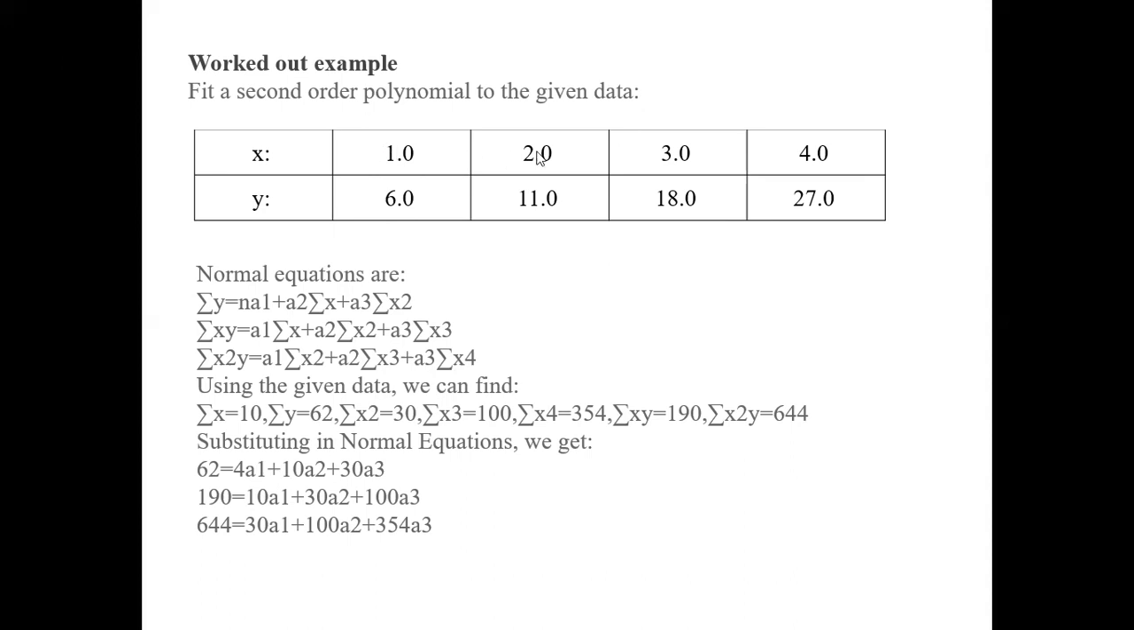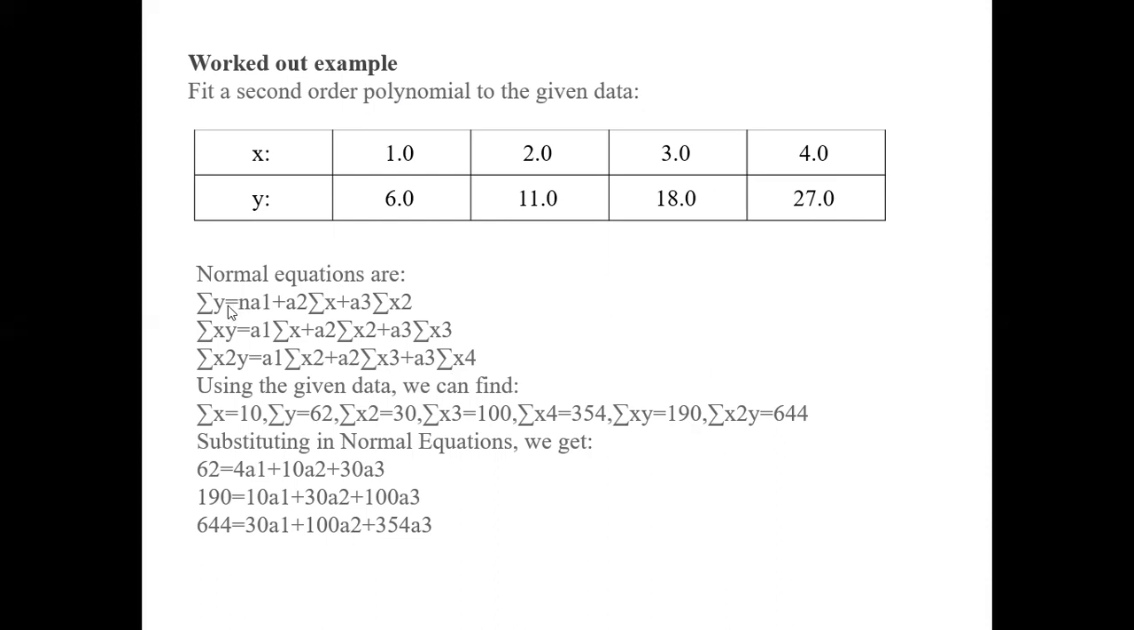Summation of x cube is 1 plus 8 is 9, plus 27 is 36, plus 64, it is 100. Summation of x raised to 4 is 354. Summation of x into y is 6 plus 22 is 28, plus 54 is 82, plus 108, that is 190. And summation of x square into y is 644. And the normal equations are